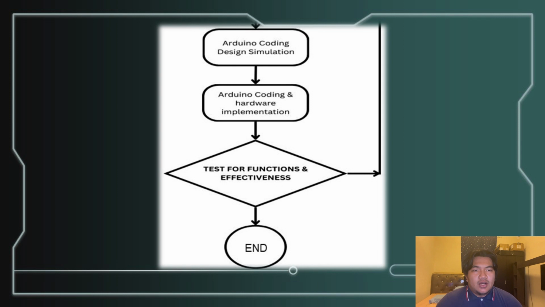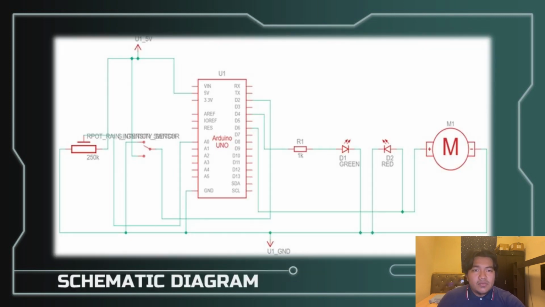And this will be redone based on the result from the function and the effectiveness. And if they are complete, the circuit functions and the effectiveness for the circuit is very effective, and this is the result for the circuits. And then there is the schematic diagram, and this schematic diagram will illustrate how the component will be